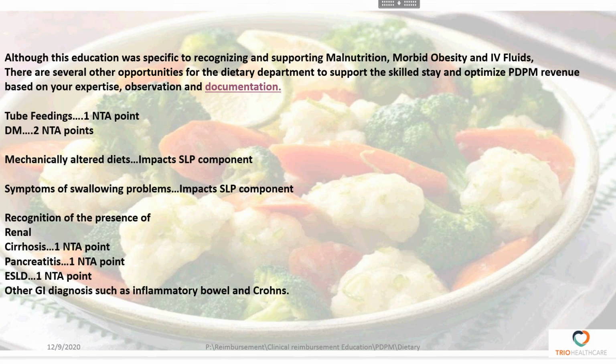And then there are several other GI diagnoses such as inflammatory bowel disease and Crohn's that can get additional NTA points. You don't necessarily need to remember all of these things if we just make sure that everything that's appropriate for the patient through their medical history and through current documentation is reflected in your notes